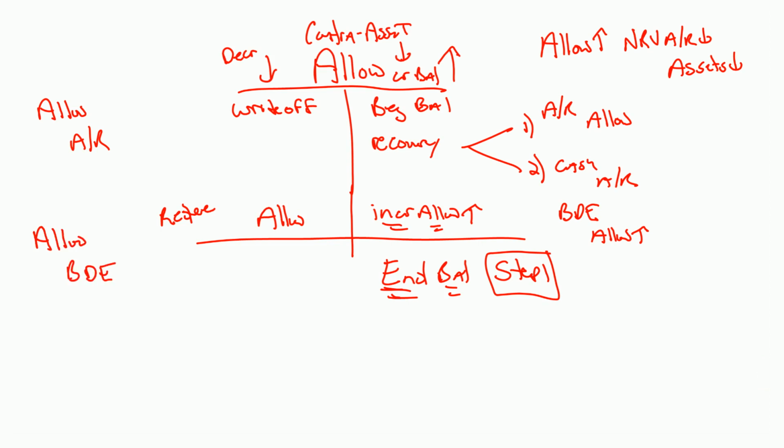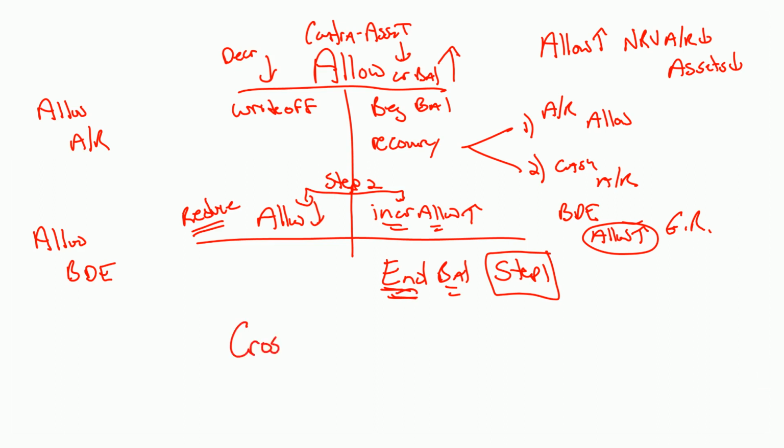I mean, how often do you credit bad debt expense, right? Not all that often, but if we ever need to reduce the allowance account, then we would have to debit the allowance, credit bad debt expense, okay? But the general rule is when we're increasing the allowance, we debit bad debt expense, credit the allowance, okay? So step number two is going to be to find out the appropriate adjustment to the allowance account to get us to that ending balance, all right? And then the gross amount of that account receivable minus that allowance, that ending balance gets us our net realizable value. Good stuff. I mean, I enjoy this stuff.